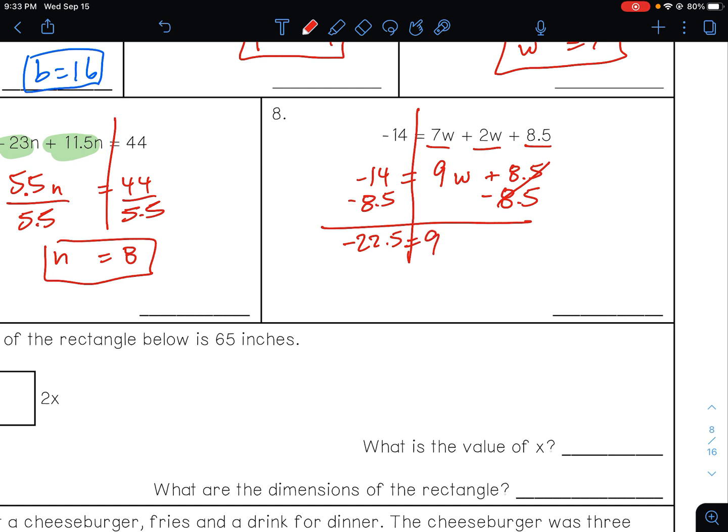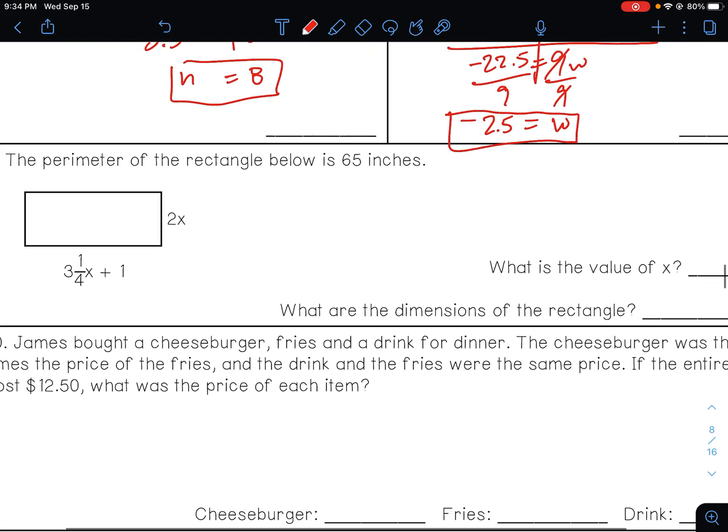Equals 9w. So negative 22.5 divided by 9w. Or divided by 9, really. So I'm dividing both sides by 9. That cancels. I'm left with w equals, let's see. Negative divided by a positive is going to be a negative answer. 22.5 divided by 9 is actually 2.5. So w is 2.5. All right,